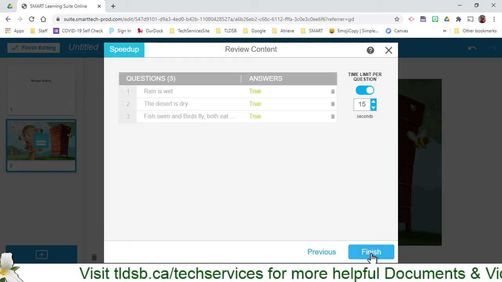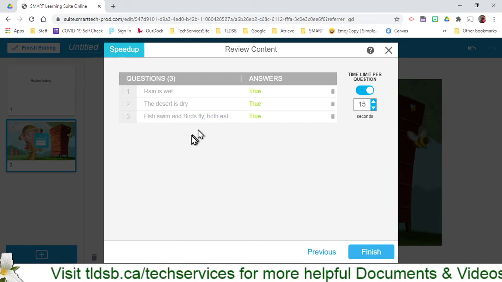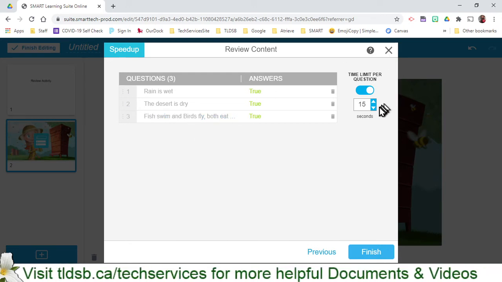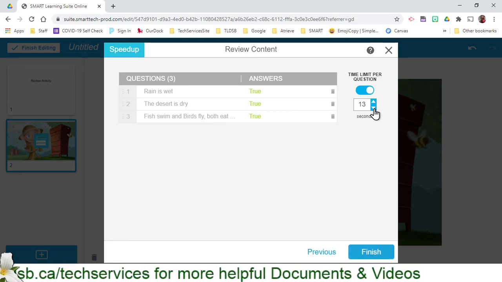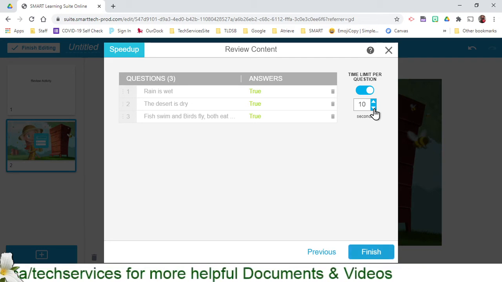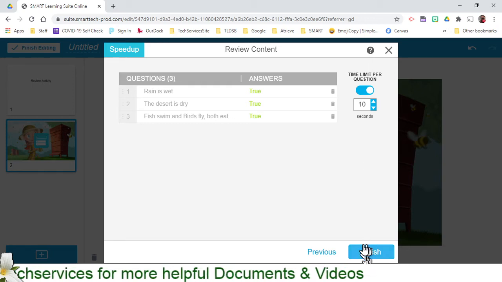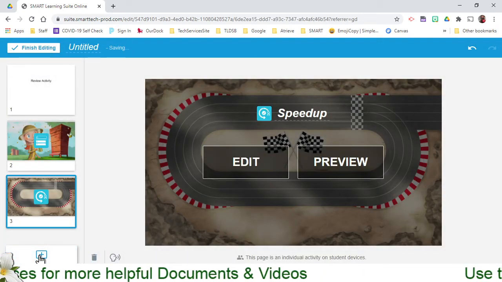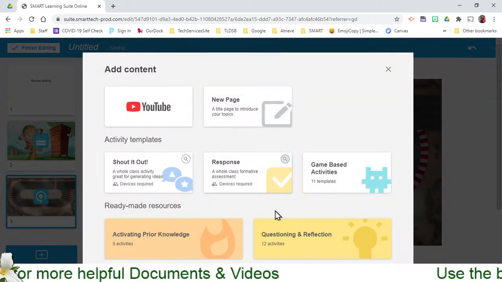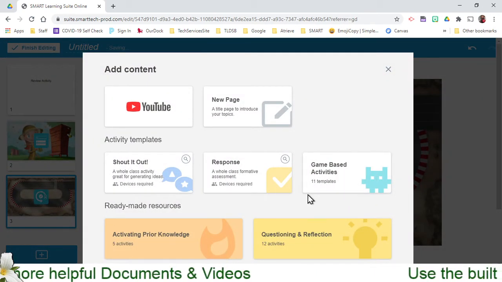And that creates a 3-question slide that the kids can go through, and I get to decide how many seconds they get for working on that. So 10 seconds per question. Finish. So not too stressful for them. Let's add one more. Hit the plus, and instead of one of the game-based activities, maybe I'm going to slide